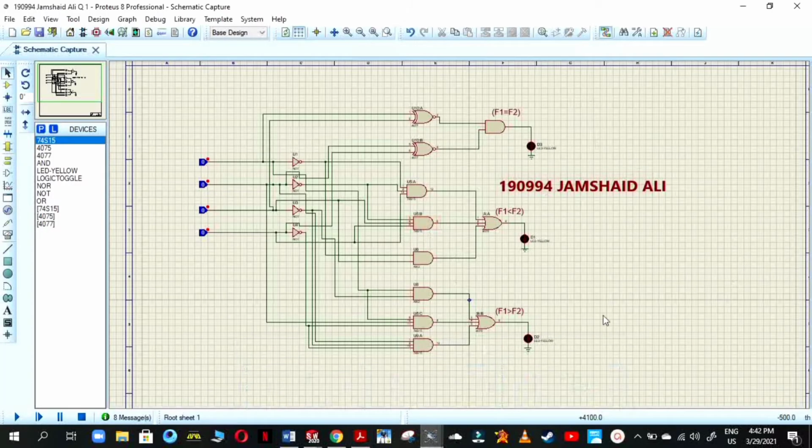This is the basic circuit. First of all, we use XNOR gates. In the first XNOR gate, we will connect the A and C inputs directly, and then connect the B and D inputs directly to another XNOR gate, and these XNOR gates are combined by using an AND gate operation. This condition will tell us that if the 2 inputs are equal, then this LED will turn on.